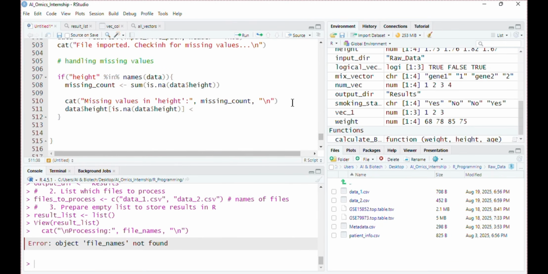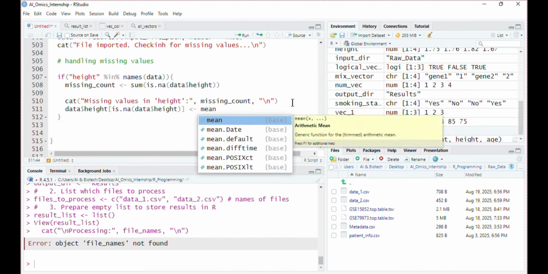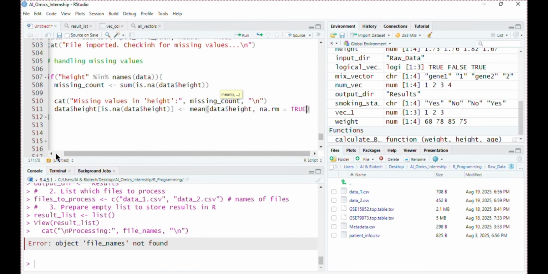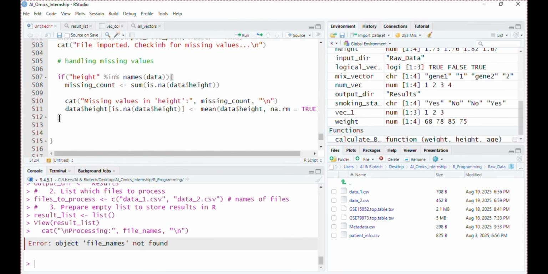Mean of data dollar height, na.rm equals TRUE, that removes the missing values and computes the mean of the column, and then replaces the missing value with the mean of the height column. This curly bracket closes here. It will work on the height column.